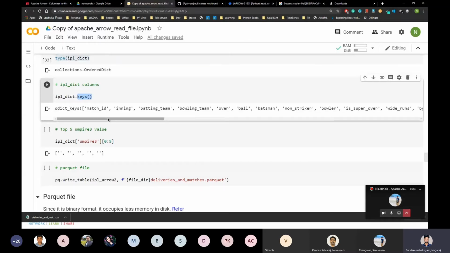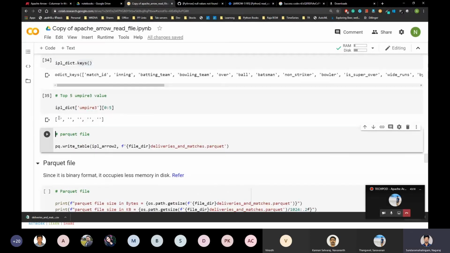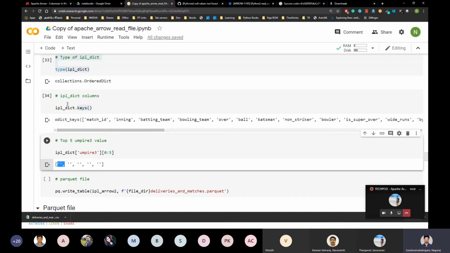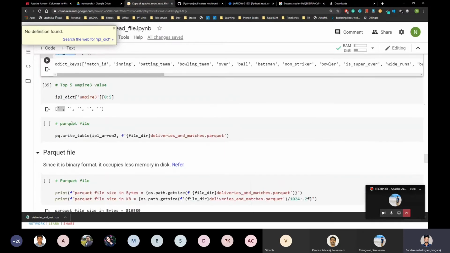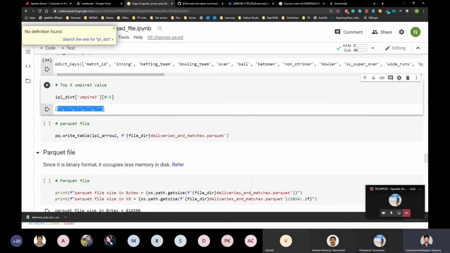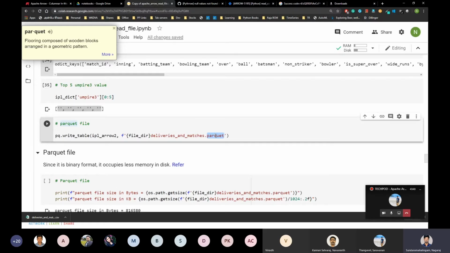After you convert the arrow-based table to an ordered dictionary, your keys are the columns and the values are your actual values. Here I'm converting the first arrow table, which reads null as empty string, to a dictionary. That's why you see an empty string. It is not a null. Then I'm writing that table to a Parquet file. It's a binary format, so it occupies less memory.